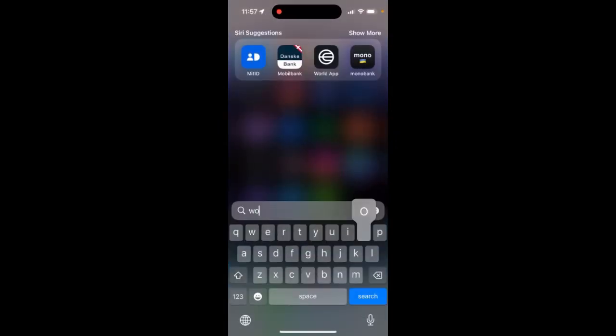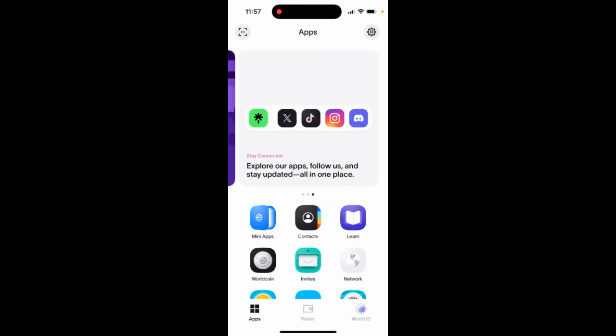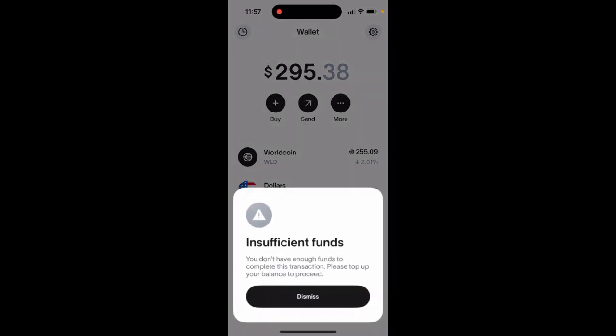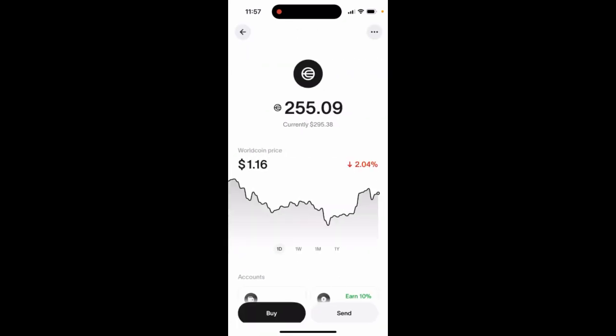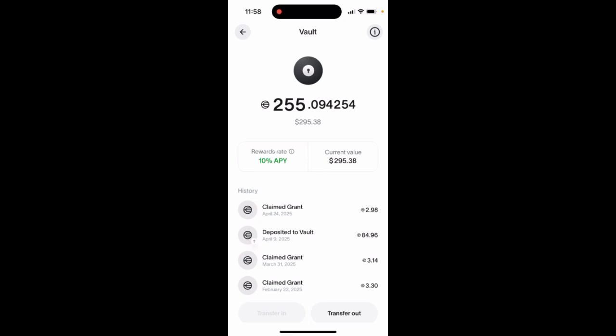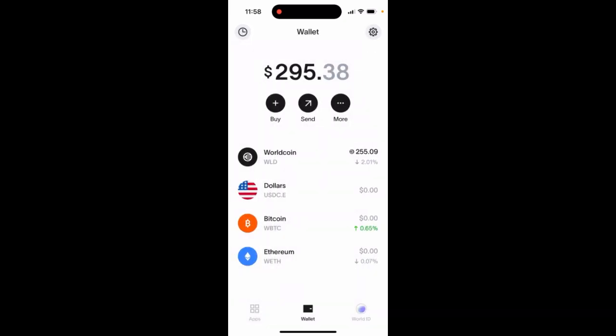WorldCoin to MetaMask. So how can you send money from a World app to MetaMask? Basically, here is the WorldCoin wallet. Here you have some WorldCoin, and you can just tap send from here. But basically, if you have some WorldCoin in your wallet, you first need to transfer out. Tap this button in the bottom right and transfer to your spending account, and then you will have this send button active, and then you can just send it to